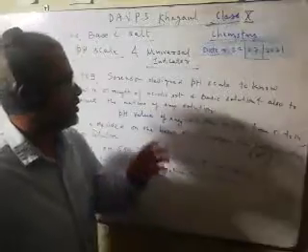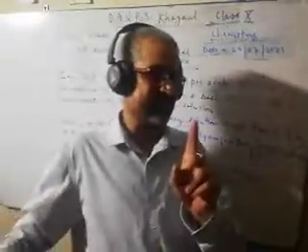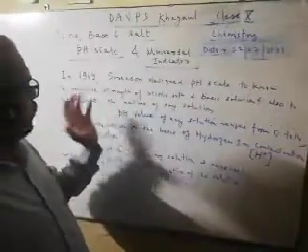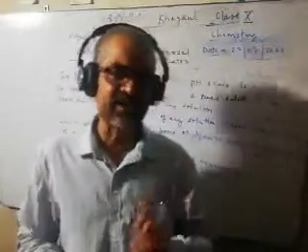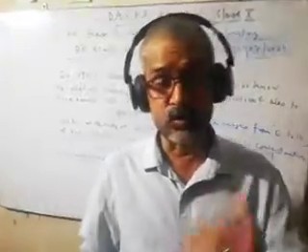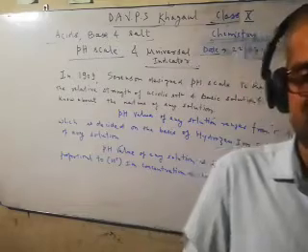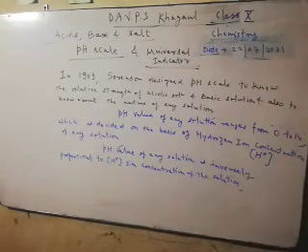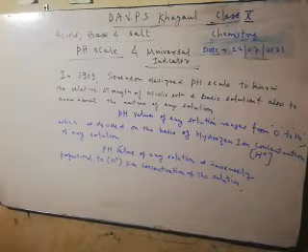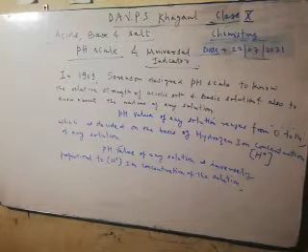It was given by Sorensen in 1909 and it was designed to know the relative strength of acidic and basic solutions as well as neutral solutions. That means which solution has what strength. Now, on what basis this is designed, on what basis it works, that is very important to understand.